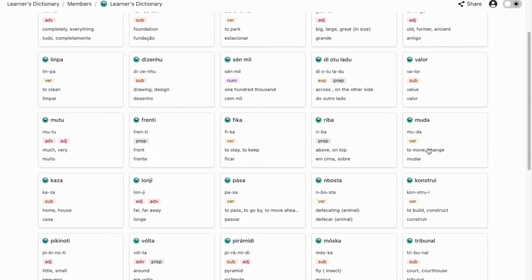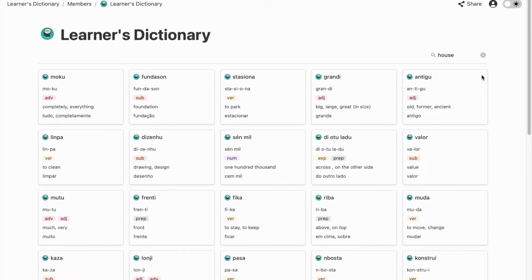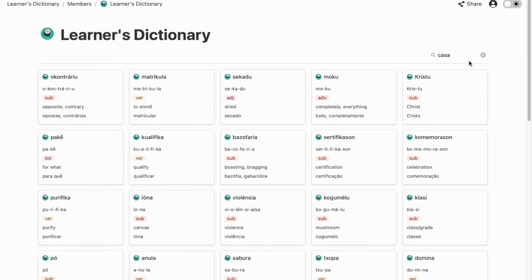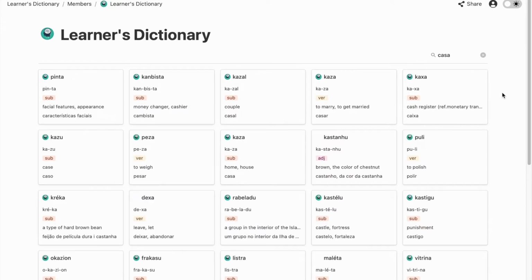Now let's see if we can search this in Portuguese. So you type in the word in Portuguese. Okay. And once again, you see the different options pop up. Okay. So in Portuguese, you'll also see the word casar because it's searching the C-A-S-A. And once again, right over here, you have the word casa,